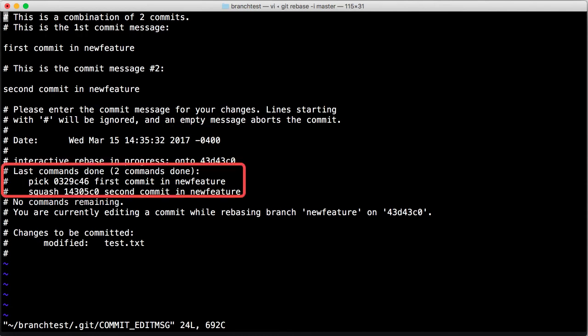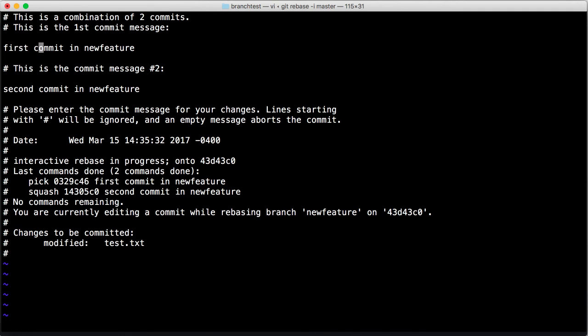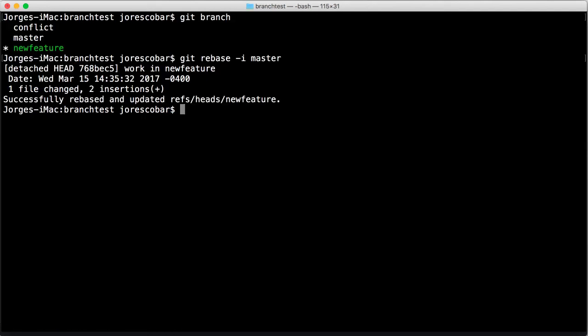Notice how Git tells us at what step of the rebase script it's currently at. Change the first commit message and then comment the second message by putting a hash in front of the one you don't want. Then go ahead and save the file with escape :wq. You should now see Git completes the script, and if you do a git log, you should now only